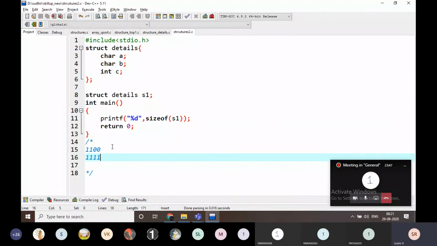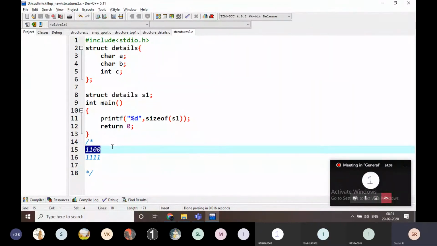And what is the new size? The 2 characters are going to be placed in 2 bytes, and the integer is going to be placed in 4 bytes. Then what is the total here?